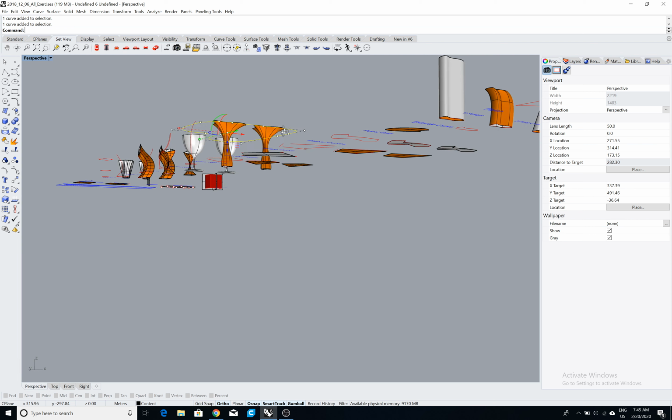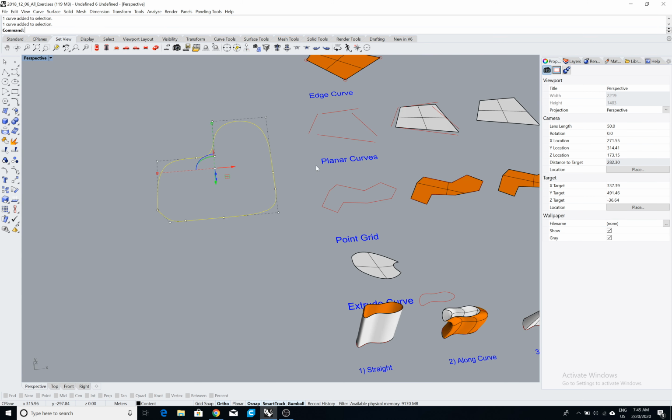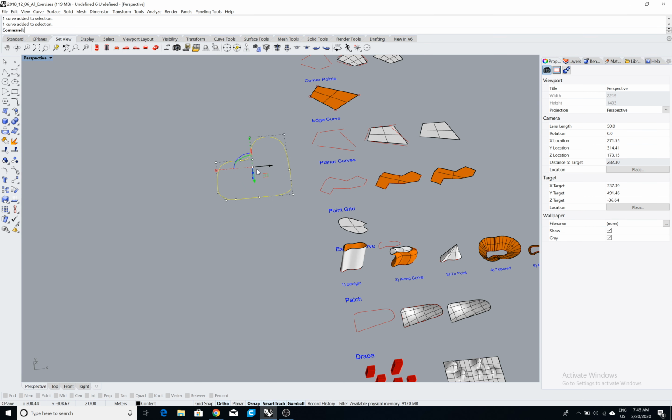If it's there in a plane, in this case it's there in my XY plane, so I could create a surface